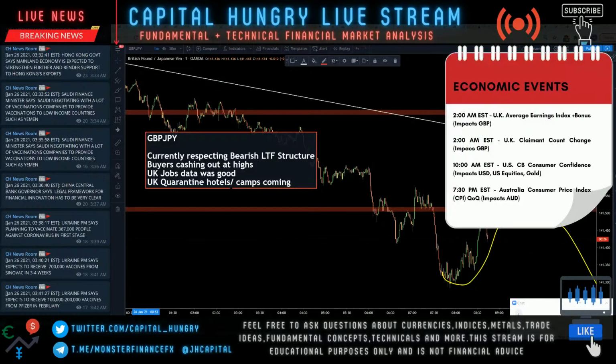As per those economic events, no more safe sells. That was the retest of 0.500. Unless you missed that, don't worry about it. We might get another retest. But we already passed the economic data overnight, which was the UK jobs data that got quickly faded out here.